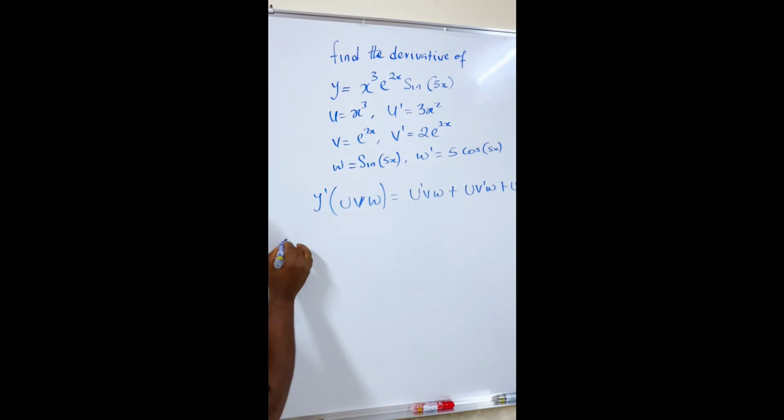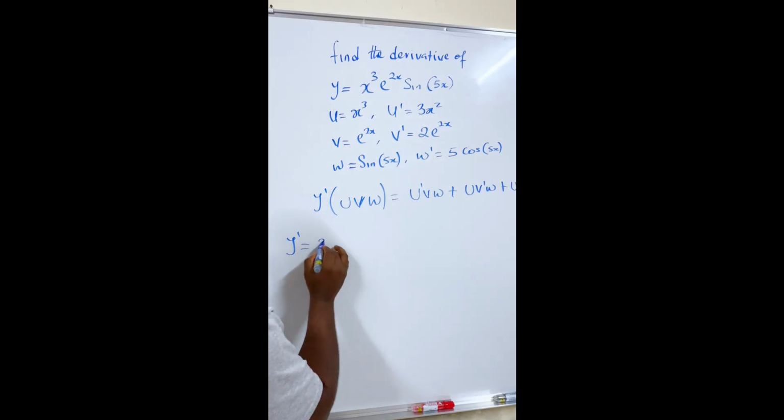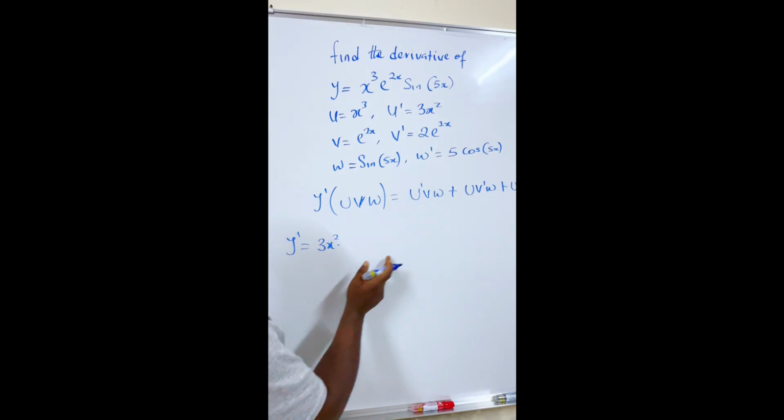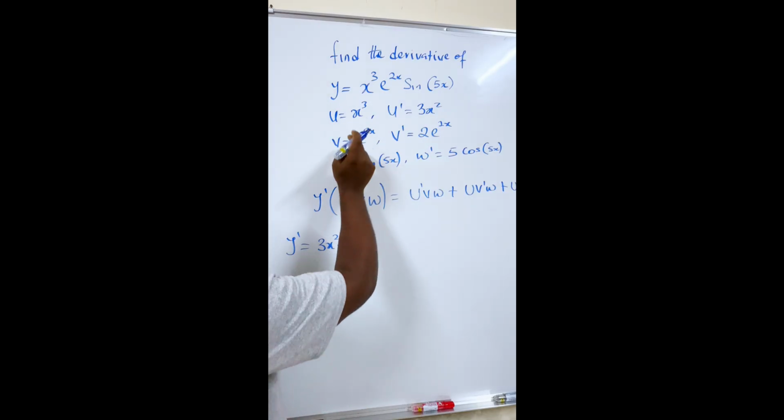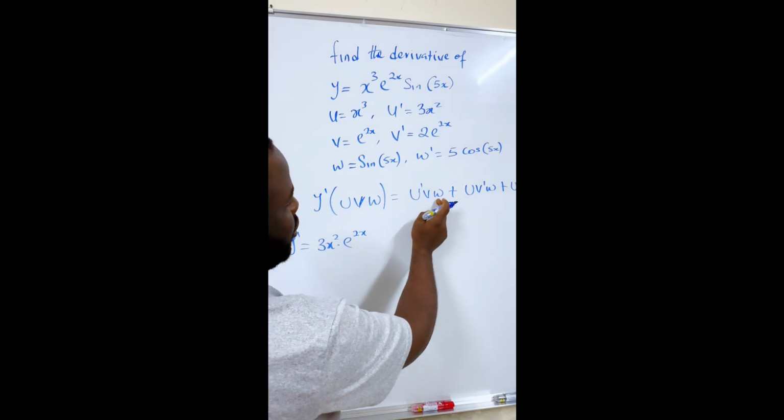So I'm going to do it from here. I'm just going to write y prime will now be u prime. U prime is 3x squared, then multiplied by v. V is e to the power of 2x. And w is